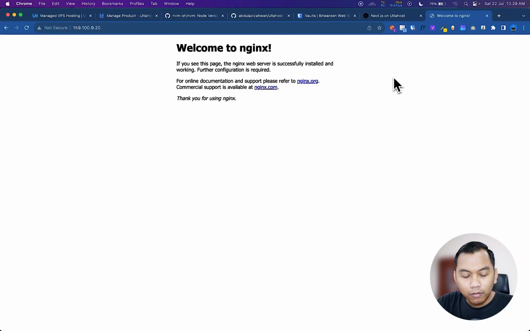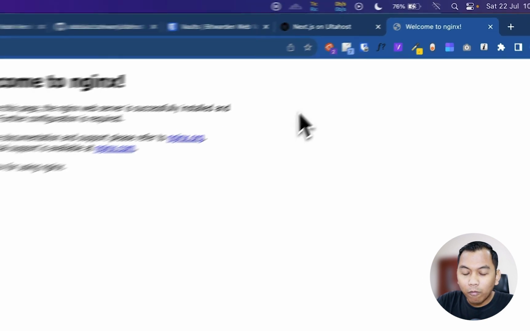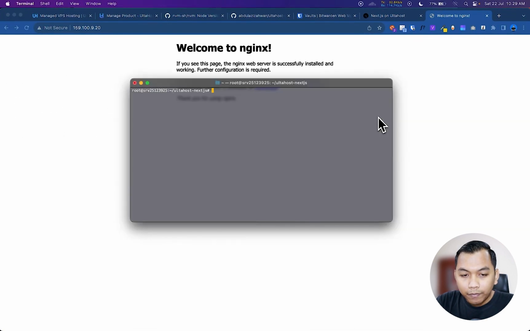And our port 80 right now is used by this: Welcome to Nginx. So how do we move our Next.js app to port 80?